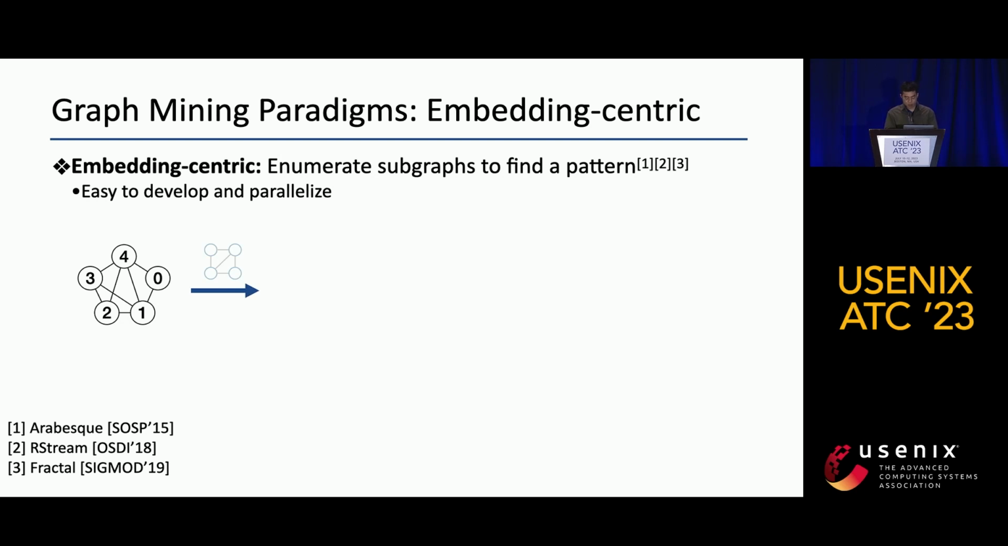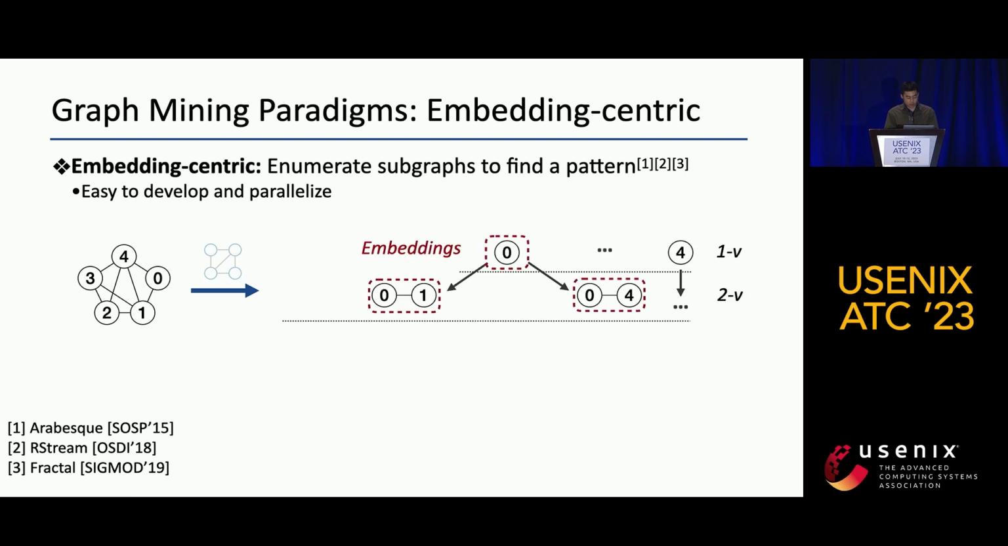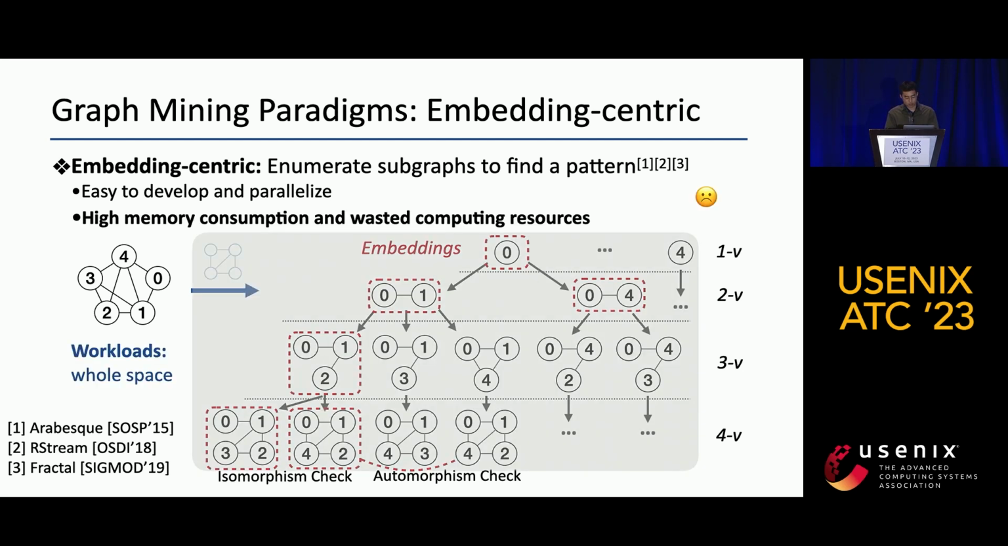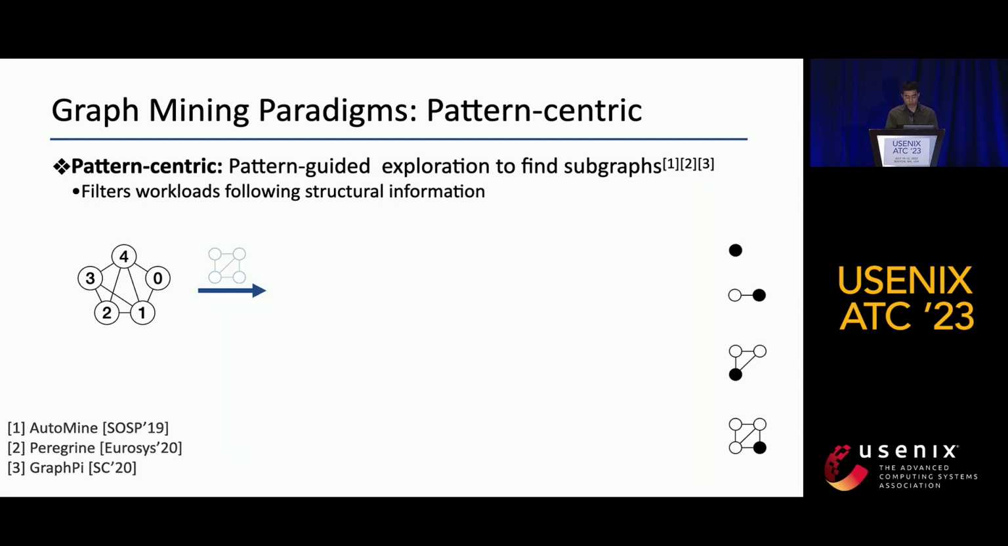In the embedding-centric paradigm, each intermediate subgraph instance is viewed as an embedding. It extends from each vertex to enumerate the embeddings level by level for extracting the patterns. Complex isomorphism checks are performed to determine whether the subgraphs are wanted patterns. Despite the high parallelism, as the embeddings are basic parallel units, this approach consumes a lot of memory and has time-consuming check operations. The pattern-centric paradigm instead uses the pattern structure to guide the exploration, avoiding storing all subgraph